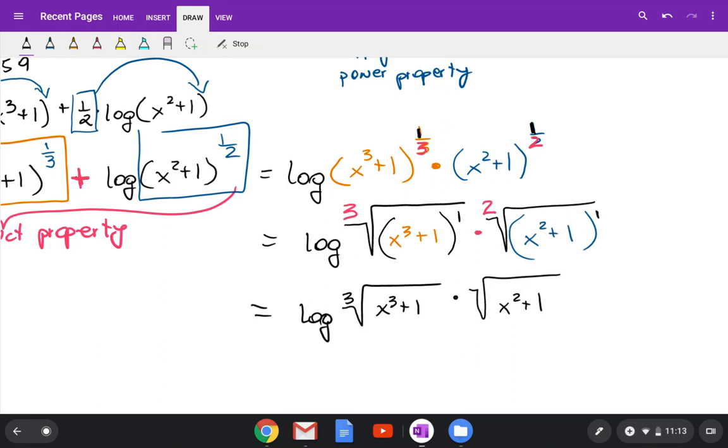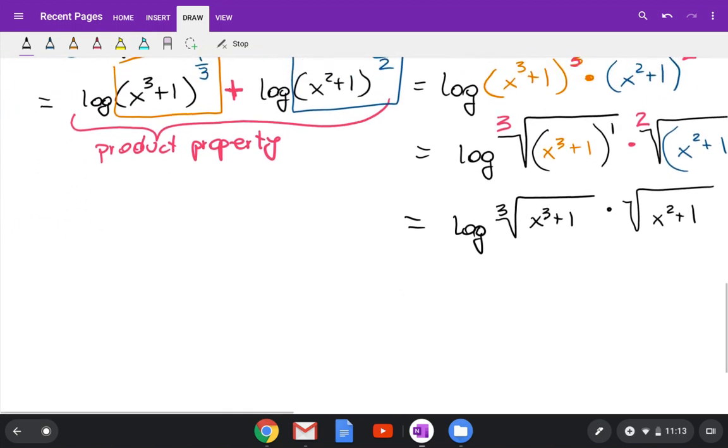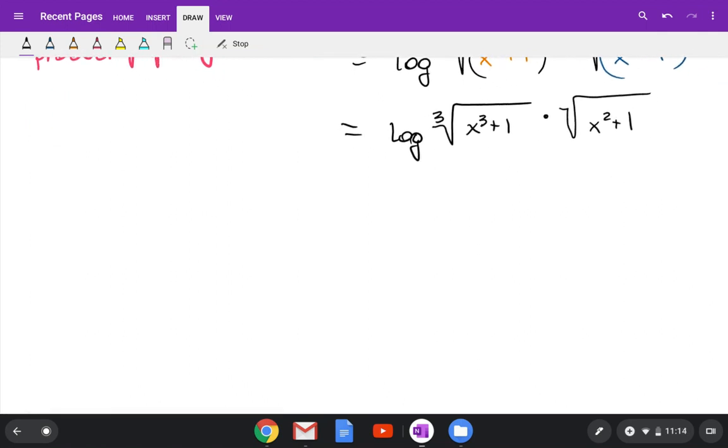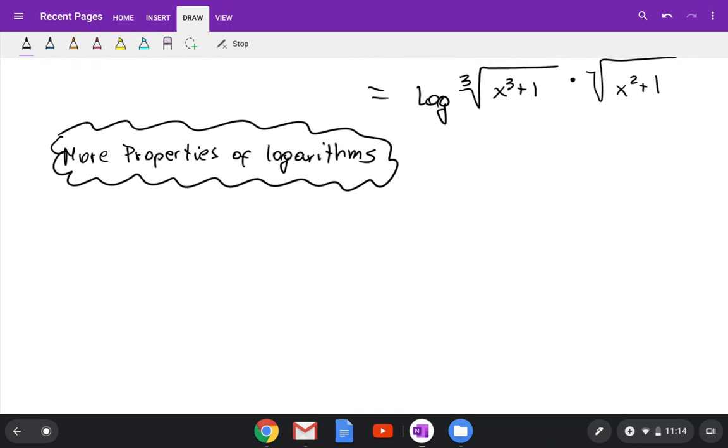Okay, more properties of logs. It's a lot in this section, I do understand, and I'm going very slowly. So let me put up more properties of logs, because you already have 8 properties. The first one will be